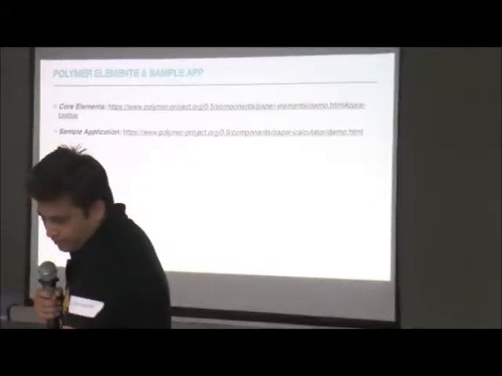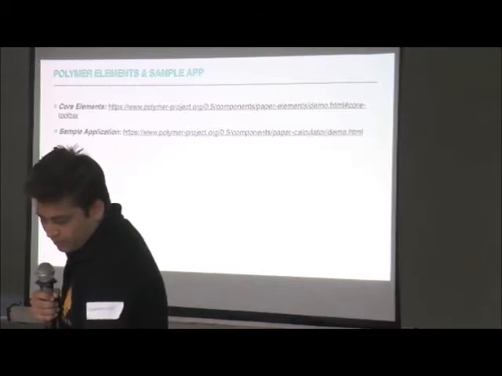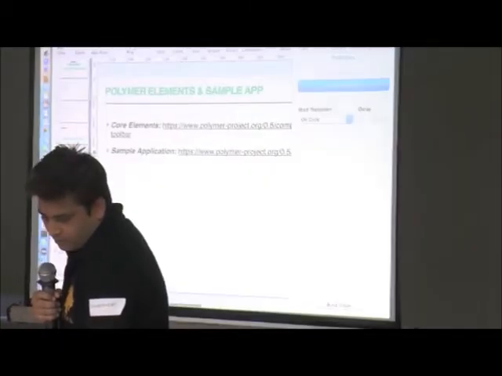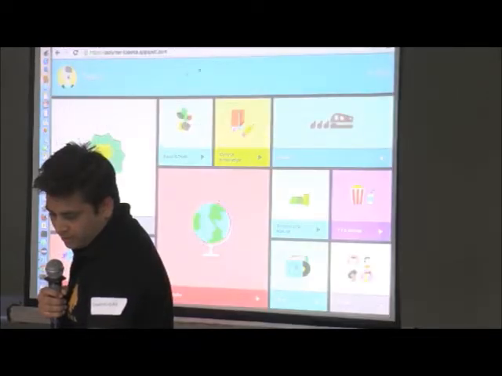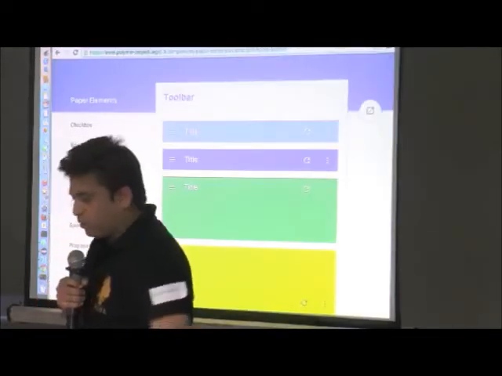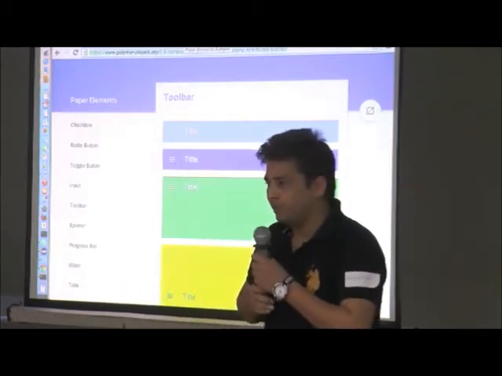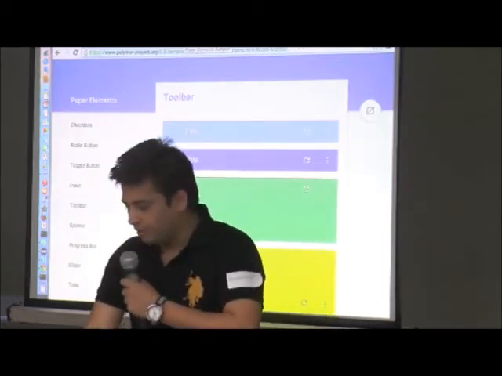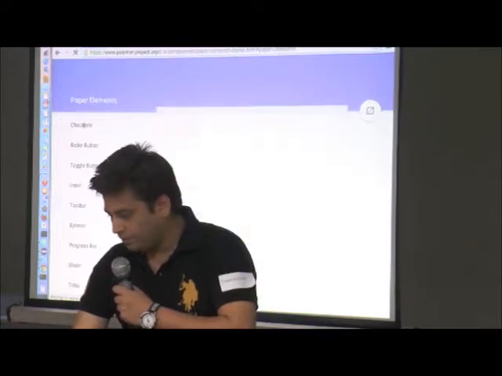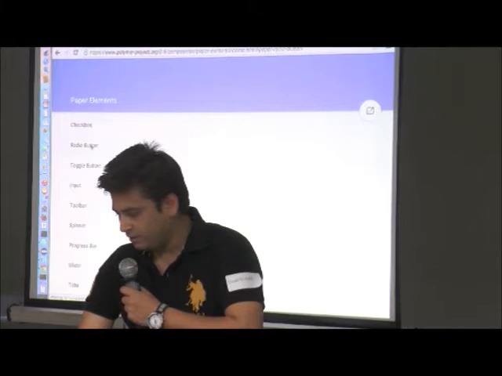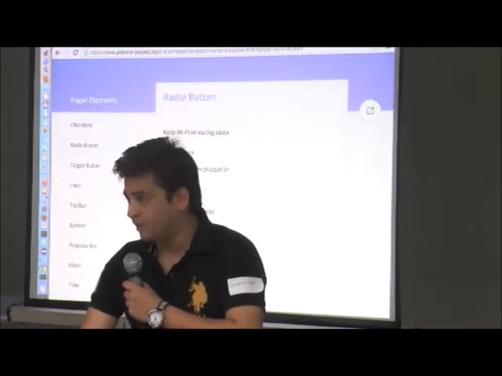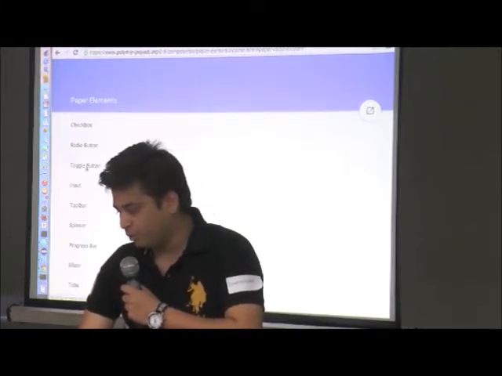Okay, I'm going to show you how. What are these core elements? Just to give you an idea how this looks. These are some components which come with the Polymer library when you download from the repo, right? Checkboxes, you see the effects and all of that. All of these come for free with the package, so you have to import them and use them.